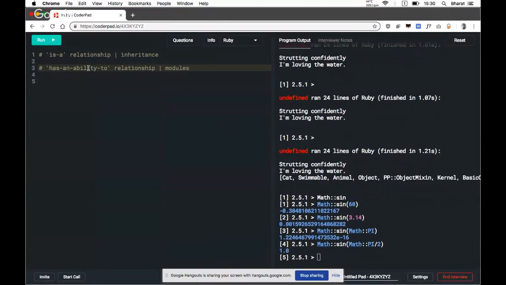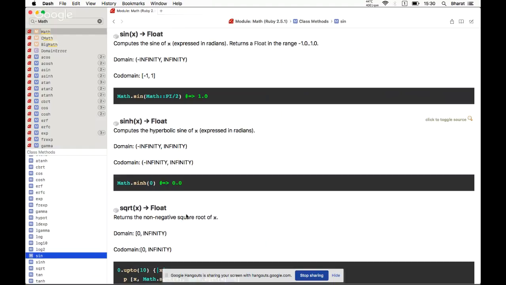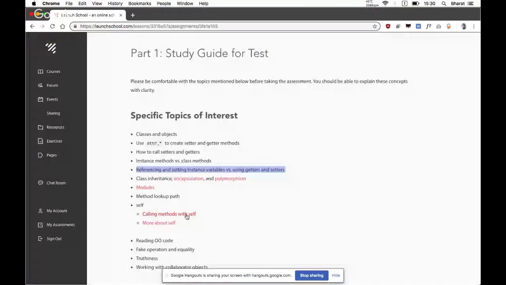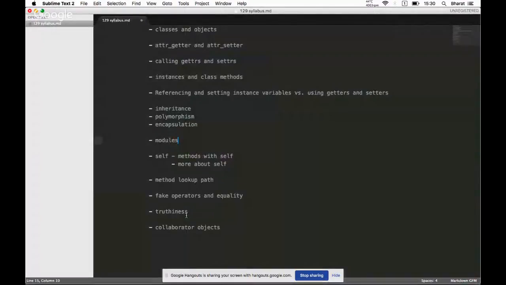That's why this was not that easy. So you have a constant called pi also accessible, and you have a method also that's accessible. These are two use cases of modules. I go to Sublime.